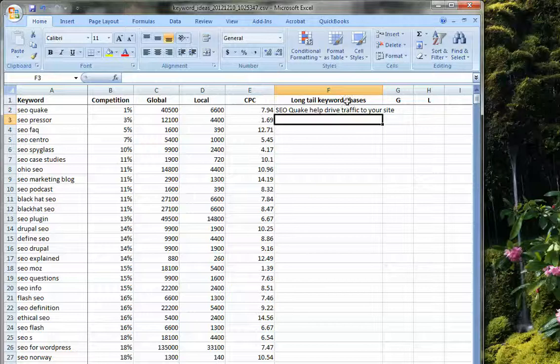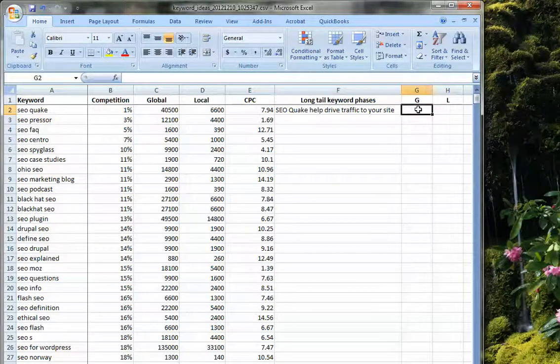So that would be my long tail keyword phrase. Now, how many global searches does that give me? 45,000. How many local searches does that give me? 6,000.